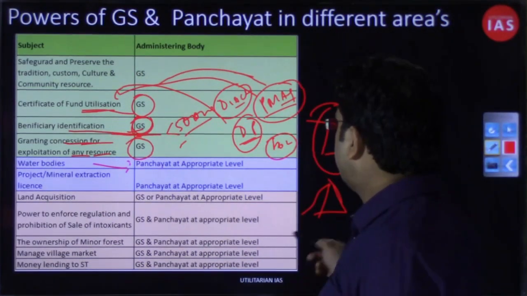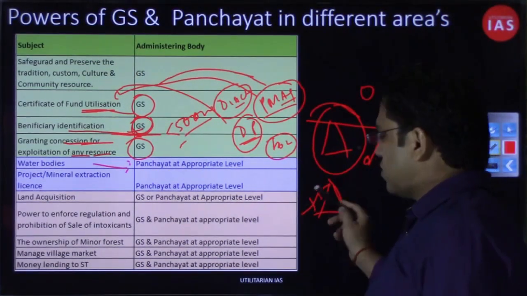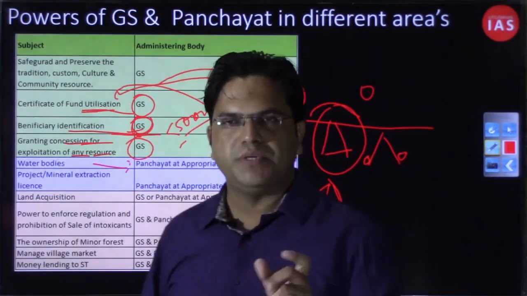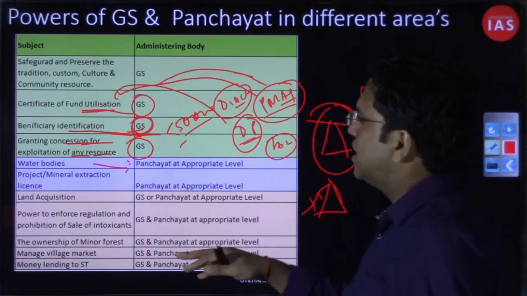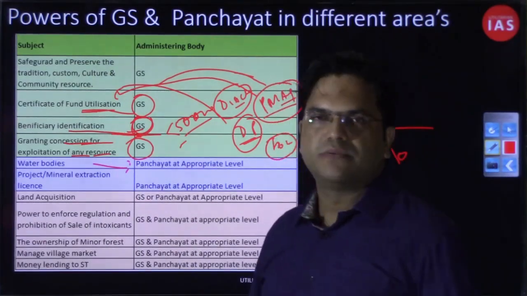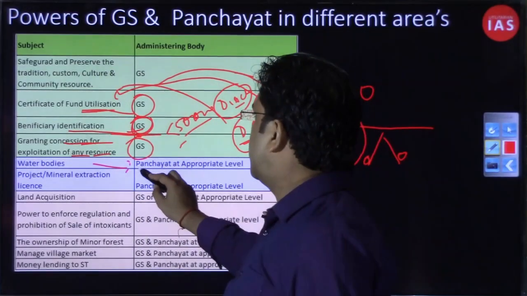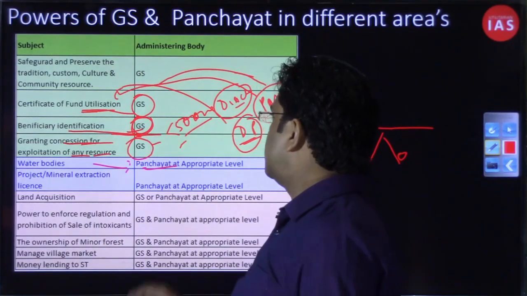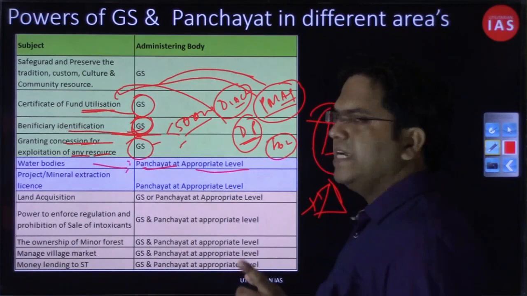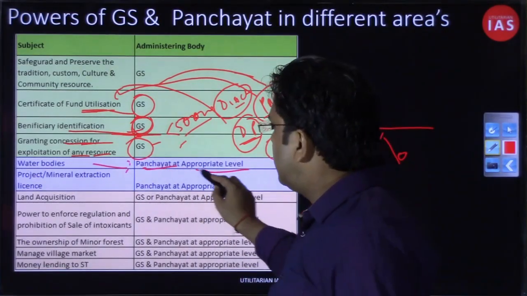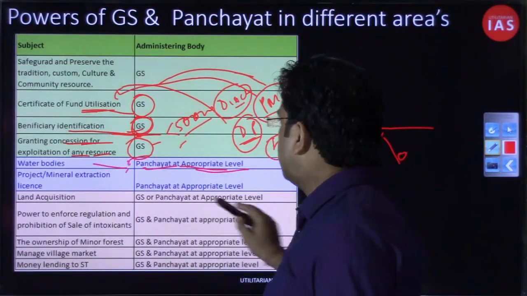So how that will be used, whether that stretch of 100 kilometer or 50 kilometer that belongs to this tribal community, how that will be used, all those regulations on that water body will be done by the panchayat. So here, not the Gram Sabha but the panchayat at the appropriate level, right? That will be decided by the state legislature, which level of panchayat, when I am talking about this panchayat